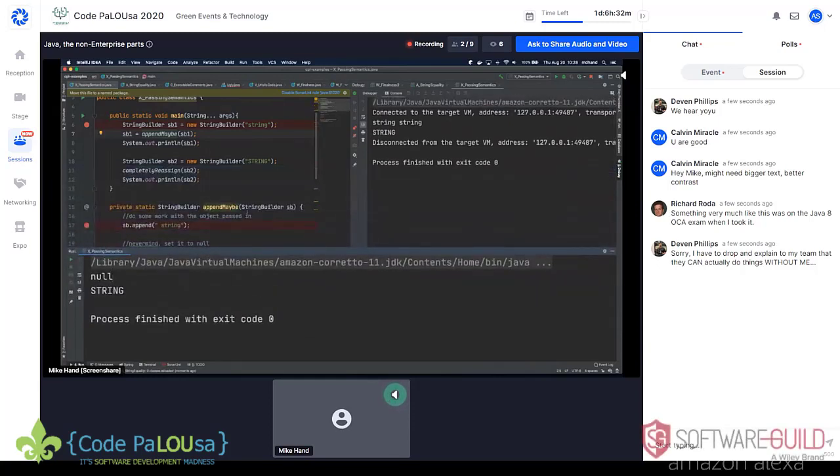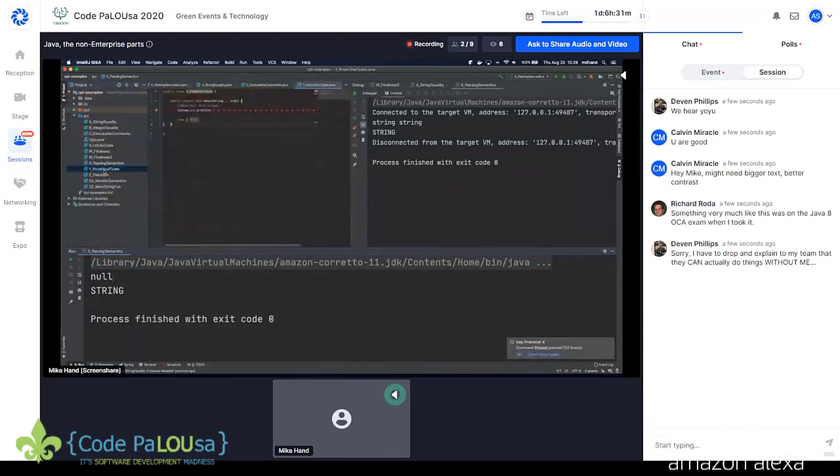So if you ever had an issue where you say you passed something in and you thought you affected it, but later it didn't seem like it was changed, it's likely due to the way that passing semantics work in Java, especially if you're coming from a language where passing semantics are different. So when you're porting code from one language to another, or when you're learning a new language, that's one of the things that you really need to be aware of, because it can have a big effect on how your code is written and how your code works.